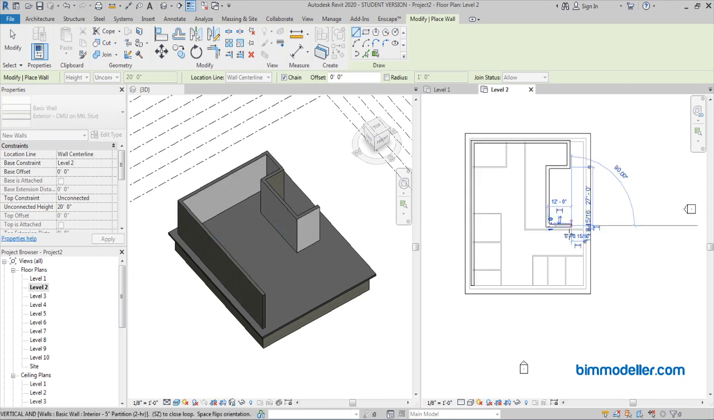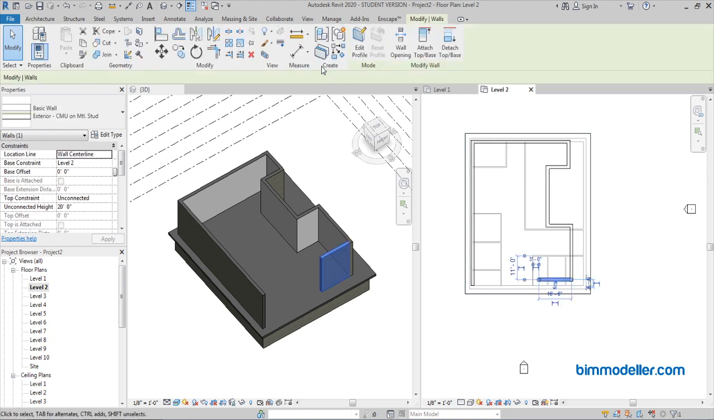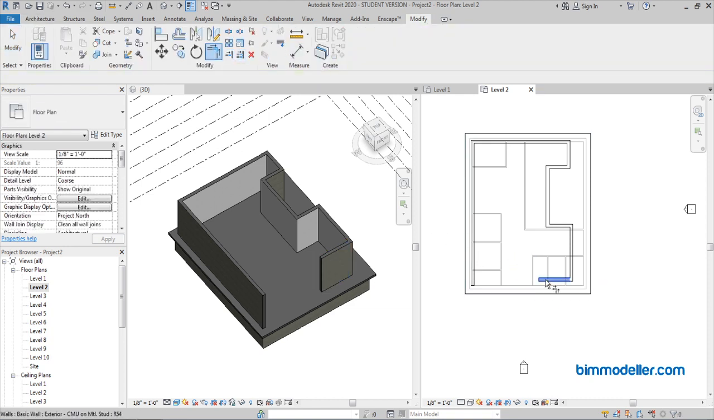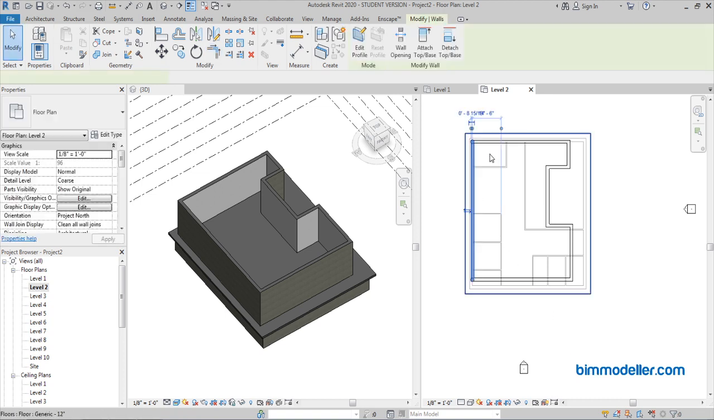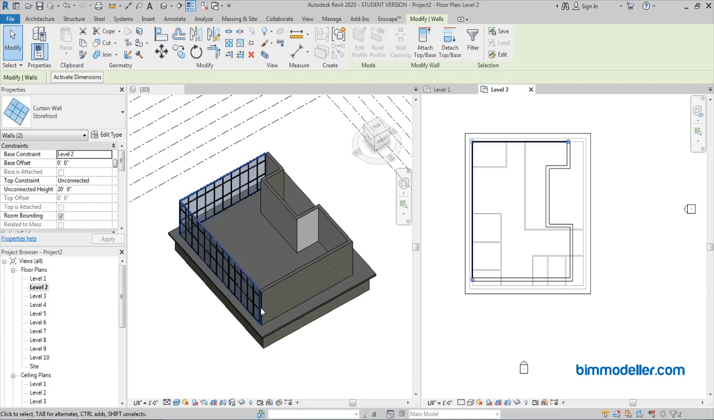Okay, let us select the element, and you can see trim and extend, join it. Now what I'm thinking, these two walls are supposed to be curtain wall. You can select these two walls and go down and you can see the curtain wall storefront. You can apply that. It will automatically change,